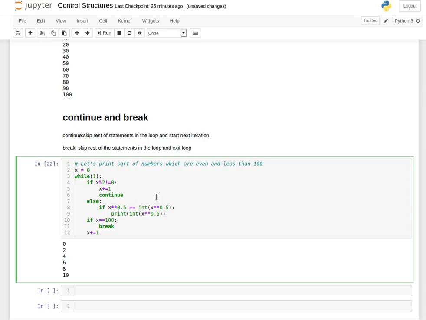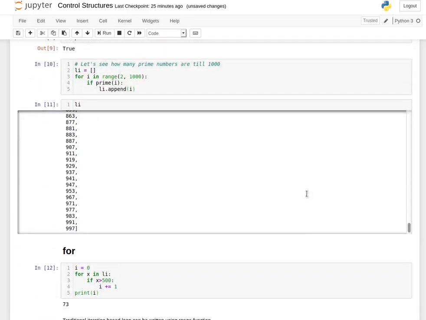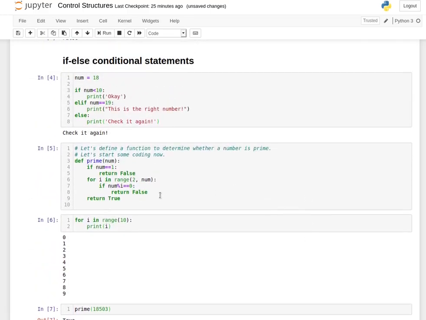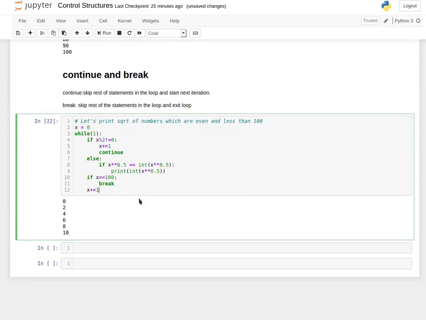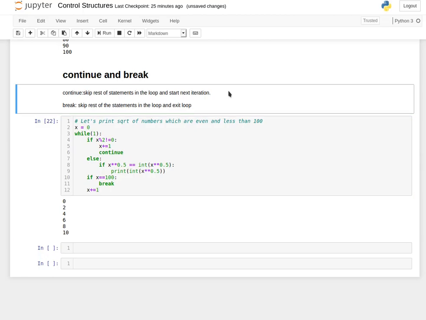I hope you have gotten to know some concepts through this video, and try to practice these by yourself by creating some other functions like I've created above. There was a prime function, try to create some factorial function, Fibonacci function, etc., some basic programming functions, and try to get your hands on these concepts.